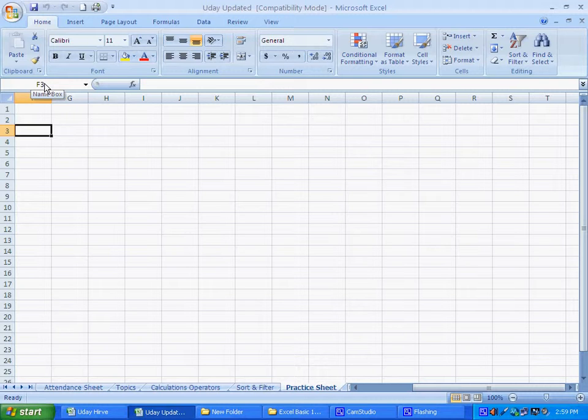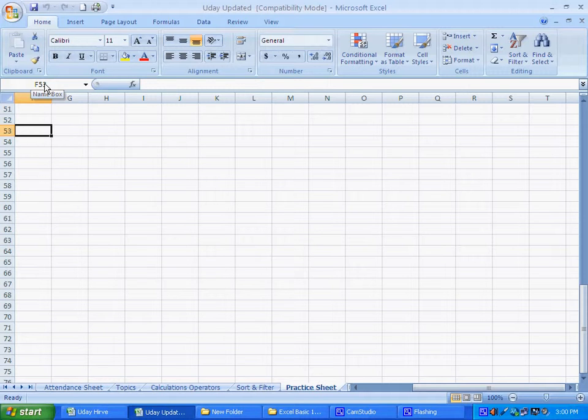On your keyboard, on the right hand side above your arrow keys, there are two buttons, page up and page down. Just press page down. As soon as you press page down, from third row it has gone to row 28. Again press page down.